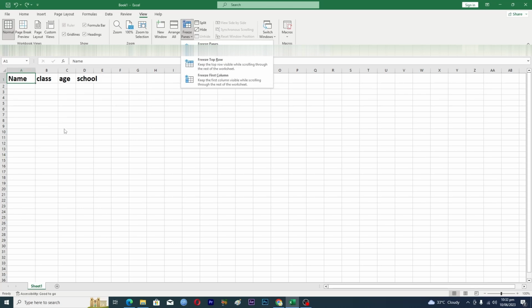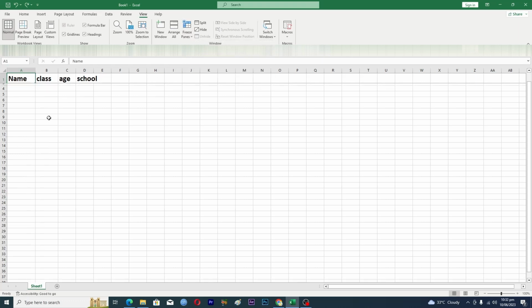Whether you scroll down or scroll to the right, this first row and first column will always show. If you see this option, Freeze Top Row, then it will just freeze this top row. And if you select the option where it says Freeze First Column, then it will just freeze this first column. So I will select the one that says Freeze Top Row, and now if we scroll down here,